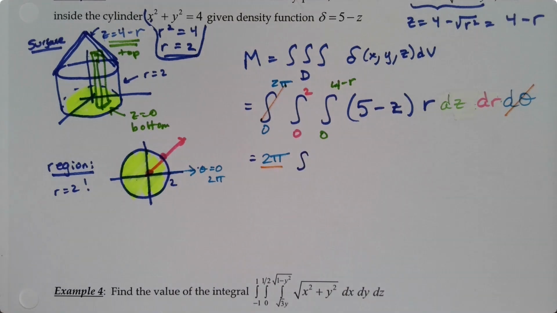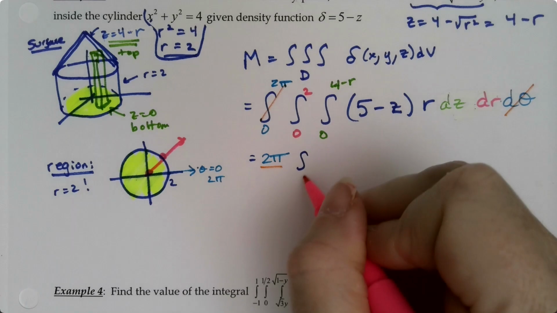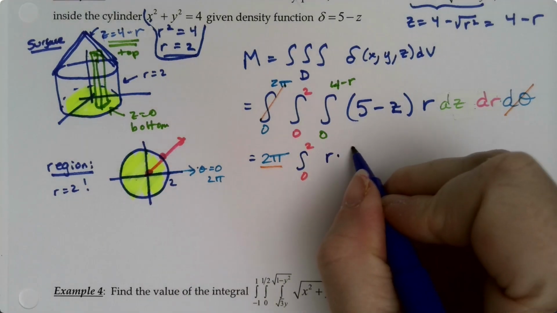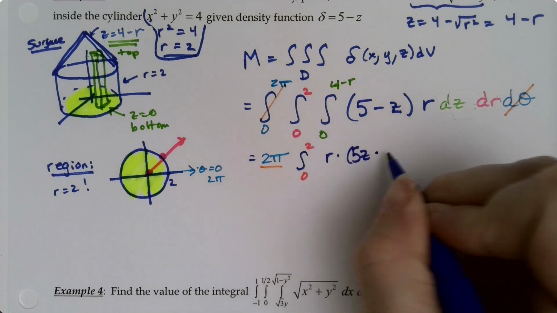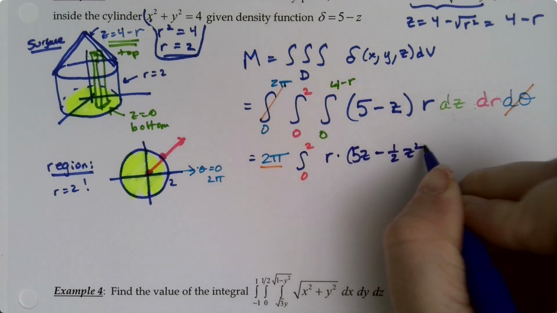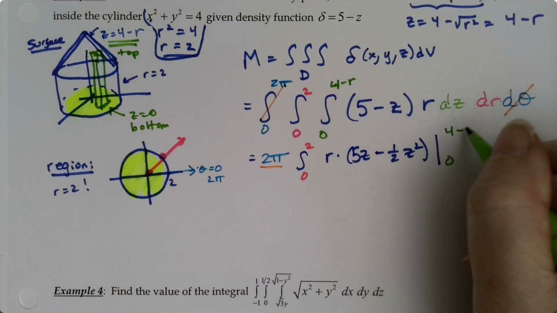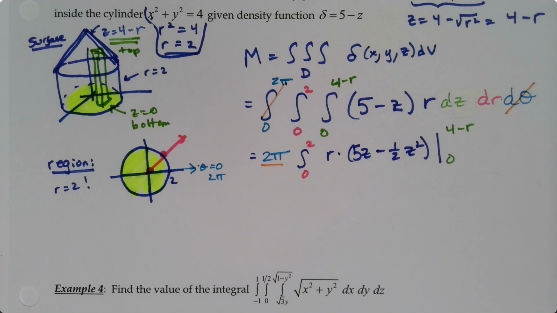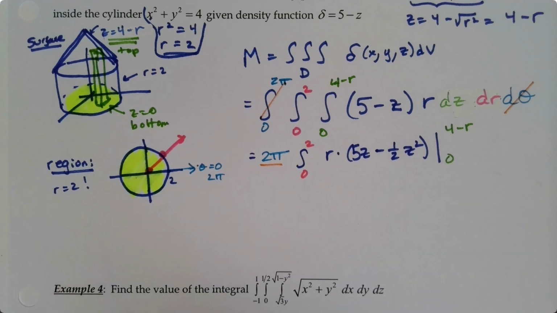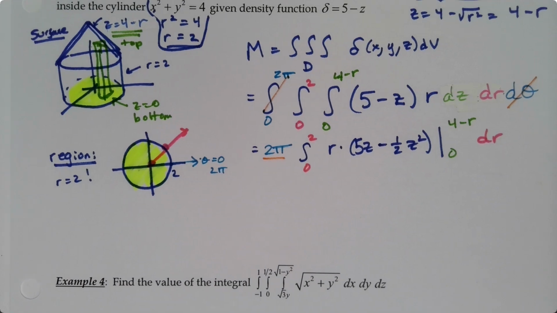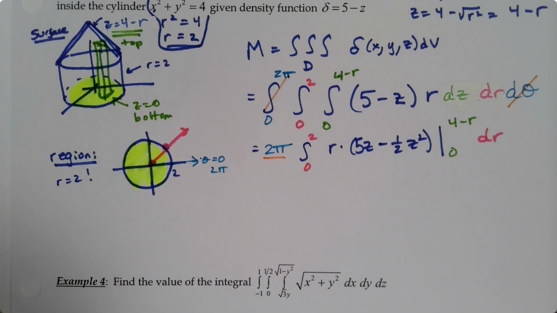So I'm going to go from 0 to 2 for dr. And then it's going to be r times 5z minus 1/2 z squared. And z goes from 0 to 4 minus r. All right, and then I have a dr still sitting there because I haven't done it, so it has to be there. Okay, so that's 2 pi